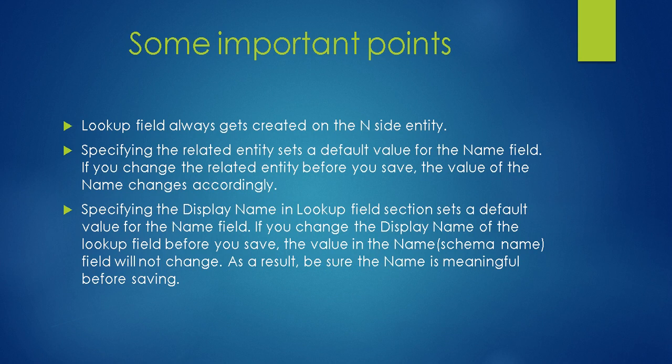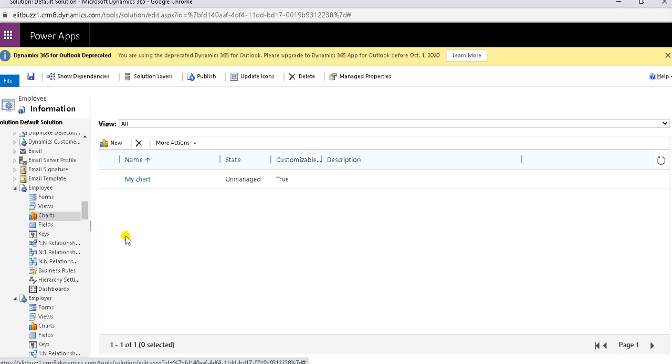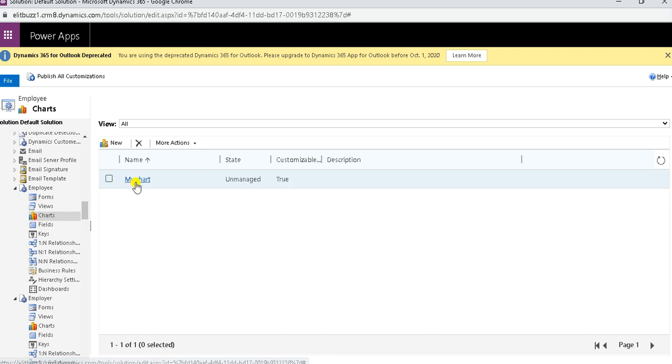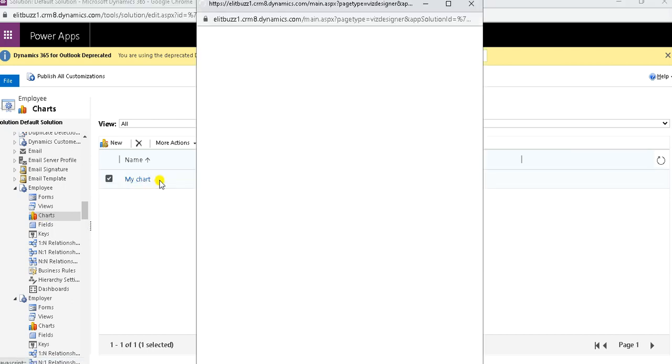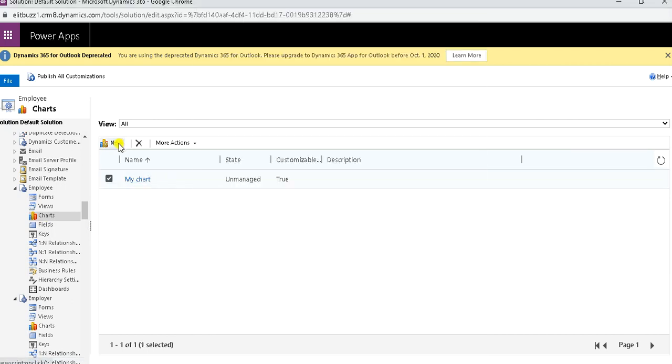So let's look at charts. How can I create a chart in D365? Here I am in the employee entity right now. I will go to the chart section. I have created one chart, and you can click here to create a chart.